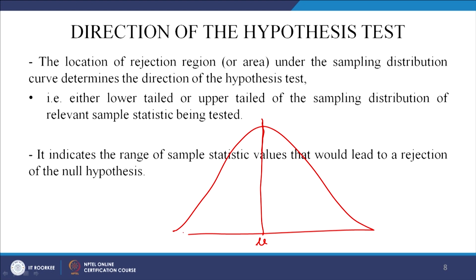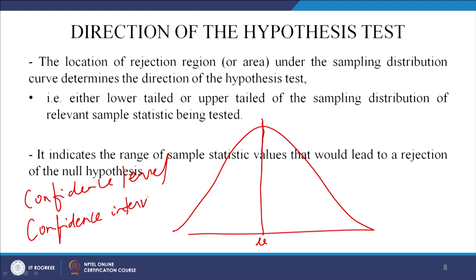There is a term that you need to be very clear about. Two terms are very important, one called the confidence level and the second called the confidence interval. So, what are these two things? To understand properly, the confidence level is nothing but the probability that a confidence interval will include the population parameter.